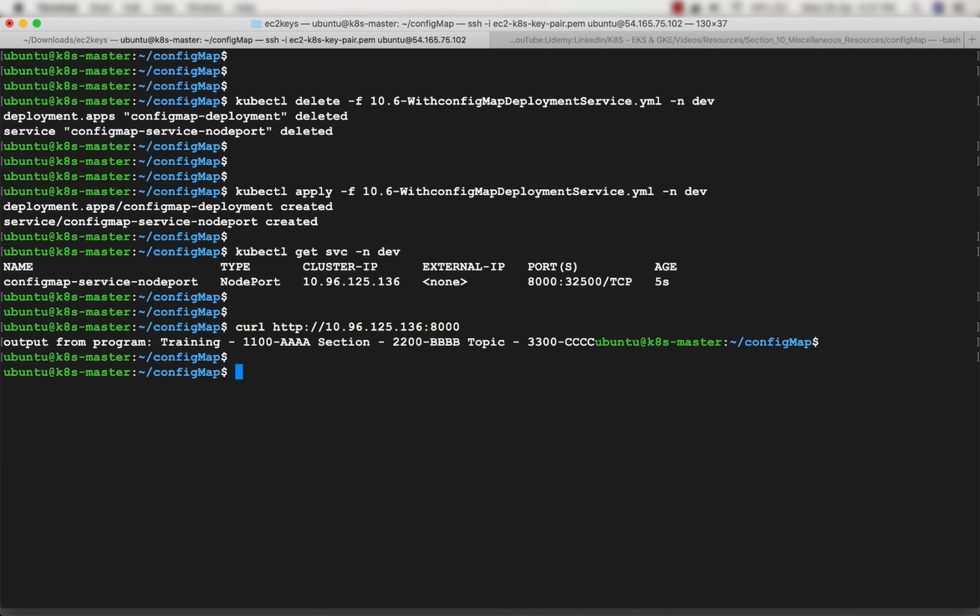So this is the use of config map, and it is pretty important because you'd not like to change the deployment file of your application all the time. So it is fine. Here we have only 3 variables. What if you have a lot of variables? So it's better to create config map, keep on changing that config map for testing purpose.